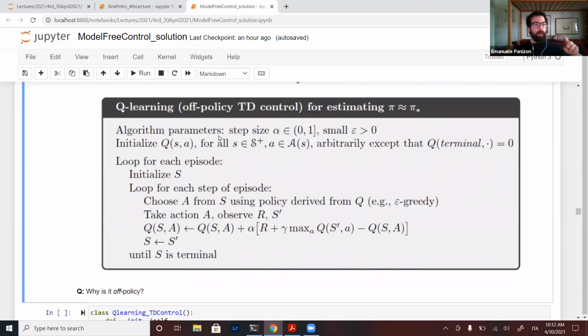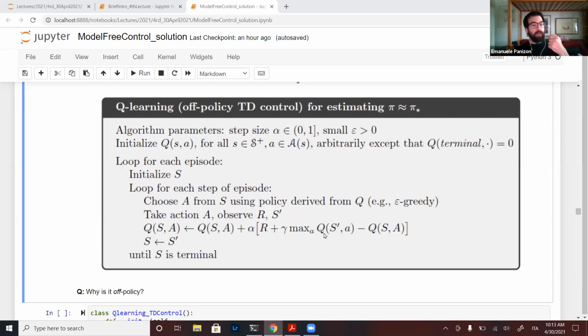The algorithm's parameters are as before. You have a small learning rate, a small epsilon. You initialize your state, and you take an action from the policy which is epsilon greedy. So this is the policy you're actually using to explore. Then you take the action, you observe a new reward, then you observe a new state.